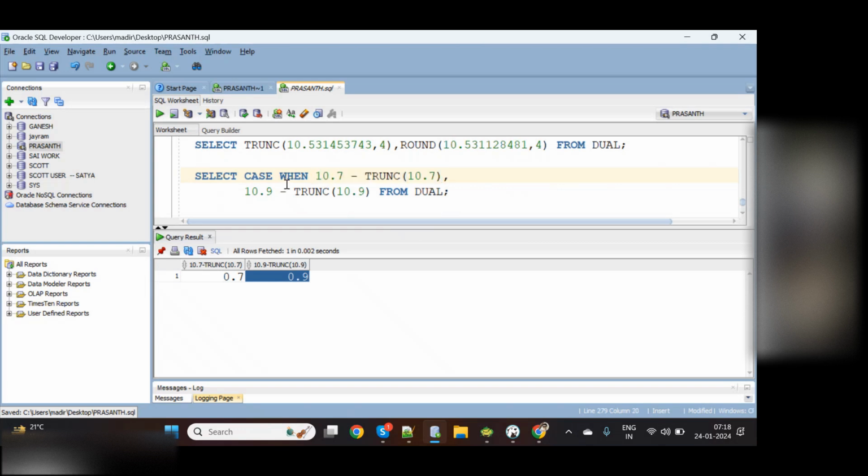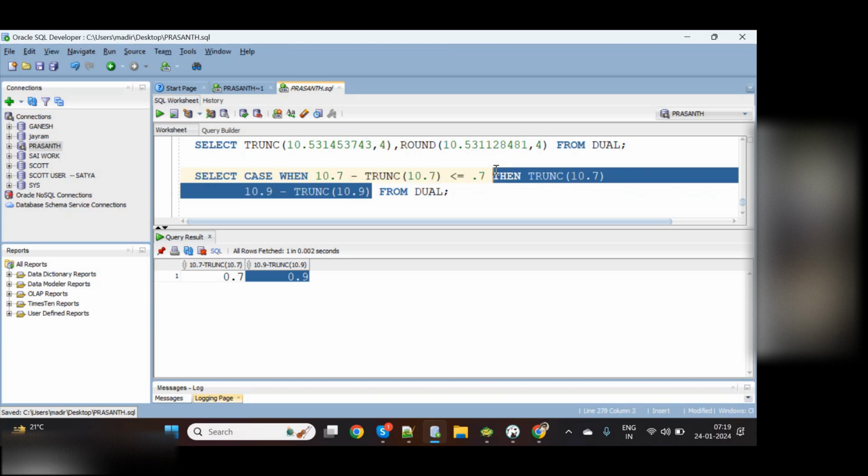But see, what I will do is when this is less than or equal to 0.7, simply apply trunk. So what I'm writing, you don't know the case function till now, but I know the case function. That's why I'm writing trunk. Else,